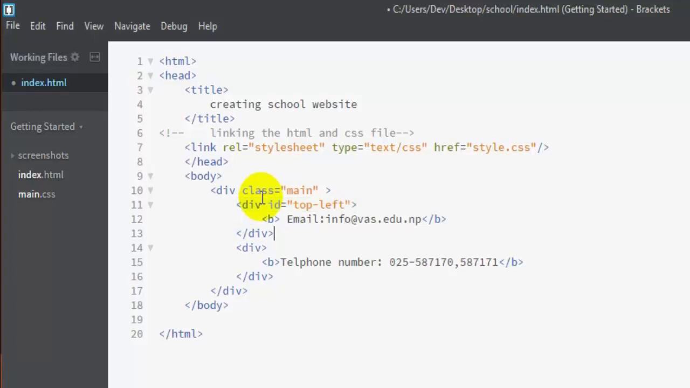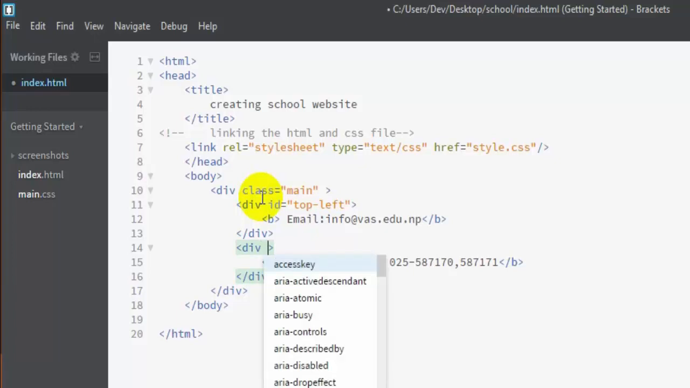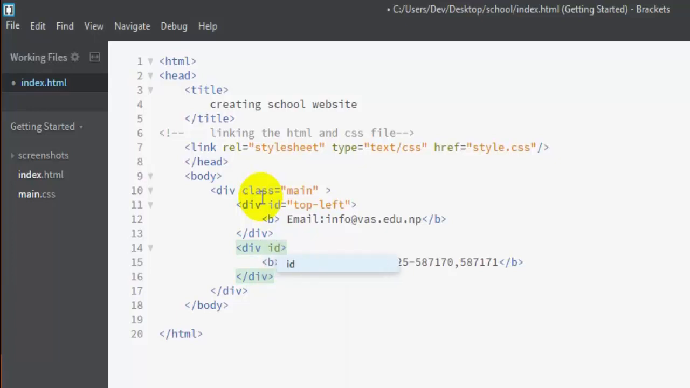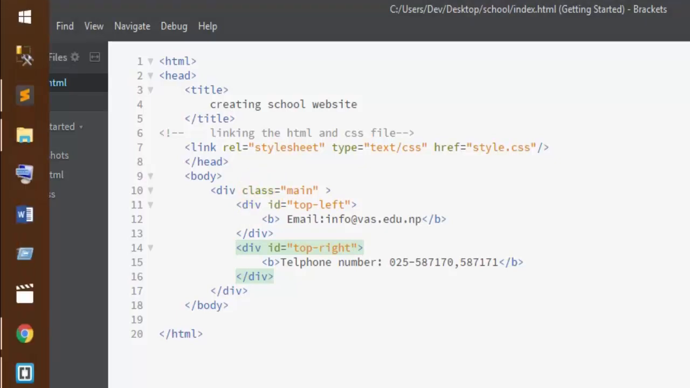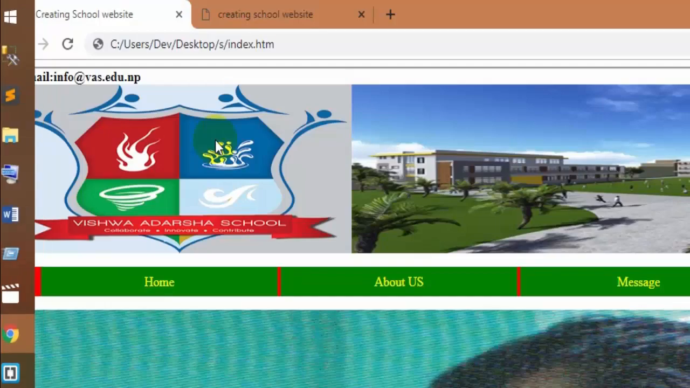Similarly, I like to display this telephone number on the right side, so I like to give the ID name as top right. By doing this, it is not complete. We have to write the code in the CSS file also. Just save it, and once you go and view it in a browser,